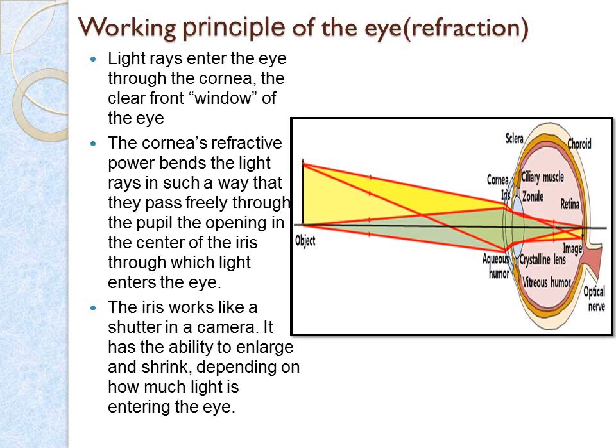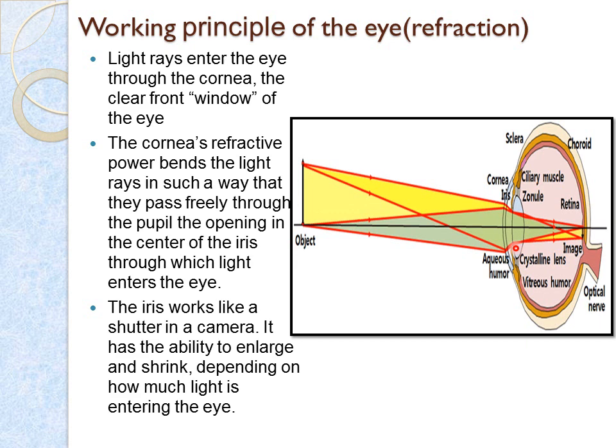Here in this working principle of the eye, we will first see this diagram. We can see we have placed an object over here. Light rays are passing from this object through the cornea to the interior of the eye. The cornea is acting as a clear front window. As through a window the light enters, here also light enters inside the eye through the cornea. Then here is the liquid part, aqueous humor, where the light is getting a little bit refracted.